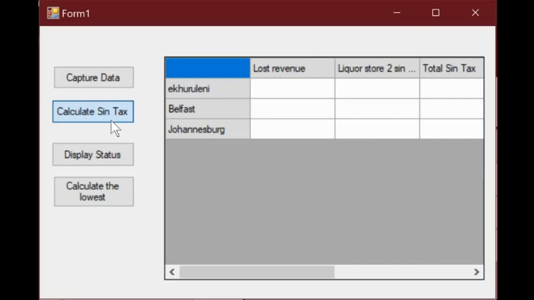Ooh, what have we done wrong here? What is number? Number of municipalities is 3. X is 4. Why is X 4? Oh, it's supposed to be X1. Did you see a silly error, right? That was a silly